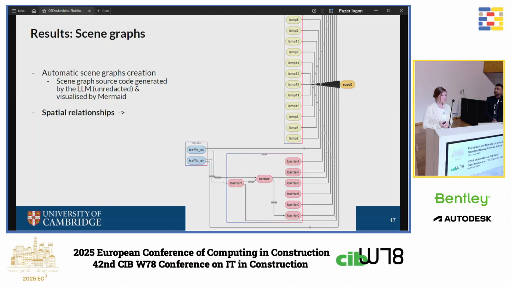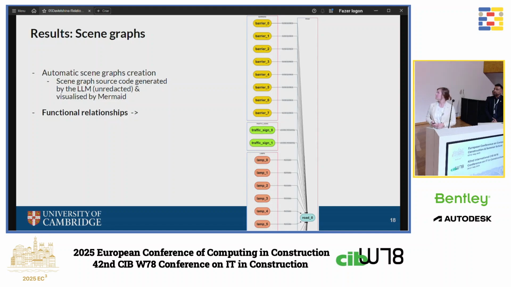Moreover, from LLMs, we also get scene graphs automatically. Here you can see a spatial relationships graph, and our observations are as follows. For the latest models of ChatGPT, it all corresponded to the spatial analysis we did with distances, and it also didn't ignore any objects we fed from each 200-meter sample.